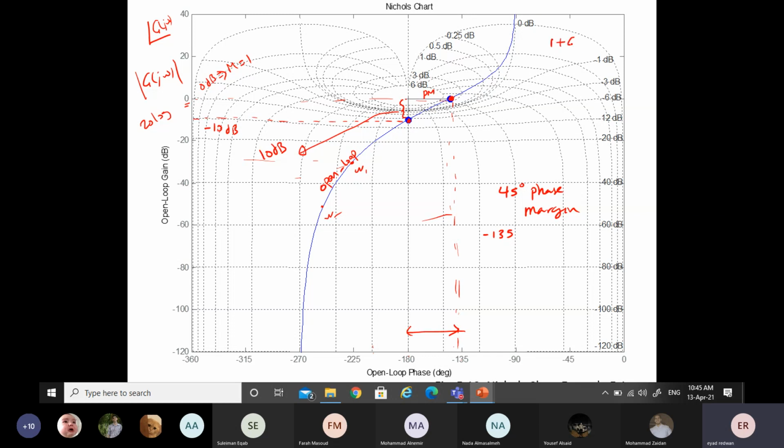Remember, we have the term 1 plus G of S equals 0. So for this system to become unstable, the characteristic equation has the denominator 1 plus G of S, and the closed loop is G of S over 1 plus G of S. For this whole system to be unstable, this term has to go to 0. That happens when G of S equals minus 1, or G of S equal to 1 angle